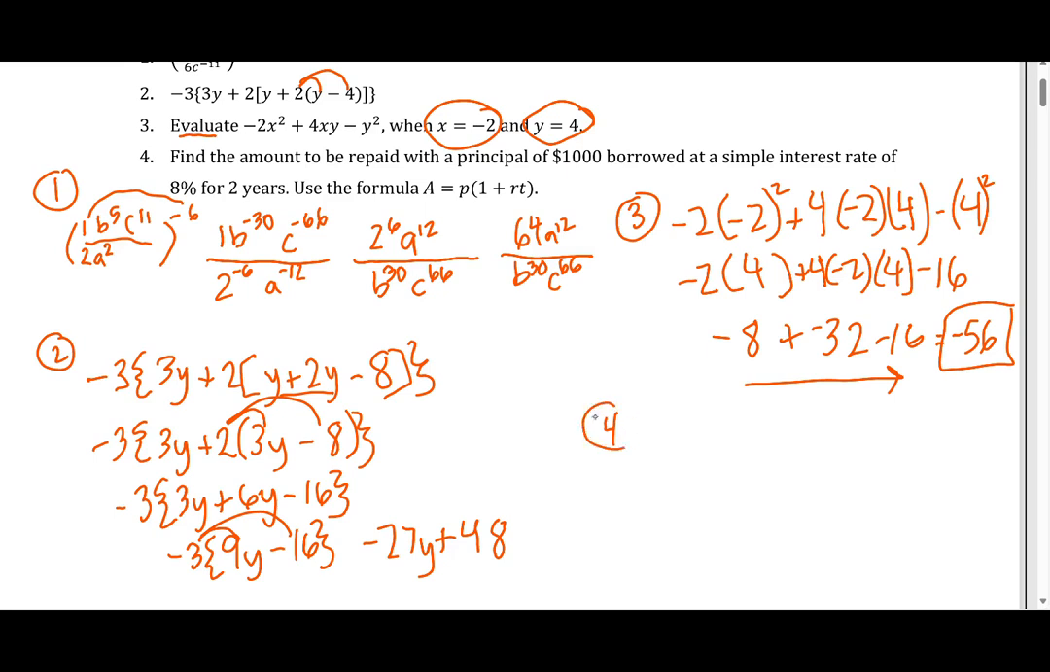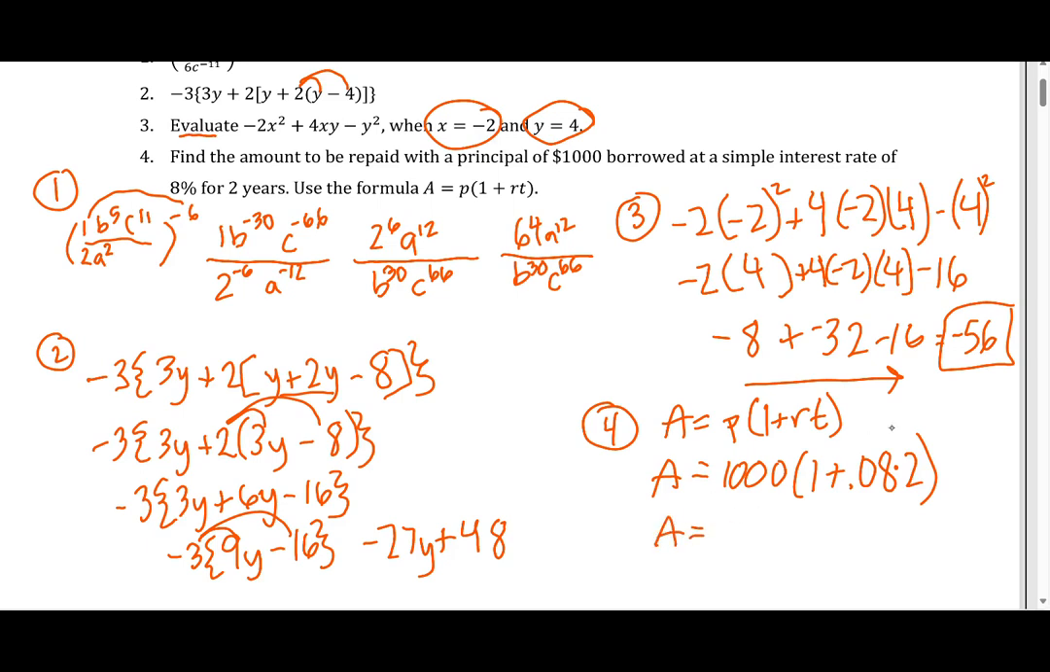Alright, last one for chapter 1 here. We've got a problem. We're going to use a formula. A equals P times 1 plus R and T. So let's plug in things that we know. Find the amount to be repaid with the principal, so that's P, of $1,000, borrowed at a simple interest rate of 8% for 2 years. So our unknown here is the final amount after those 2 years, so we need to find